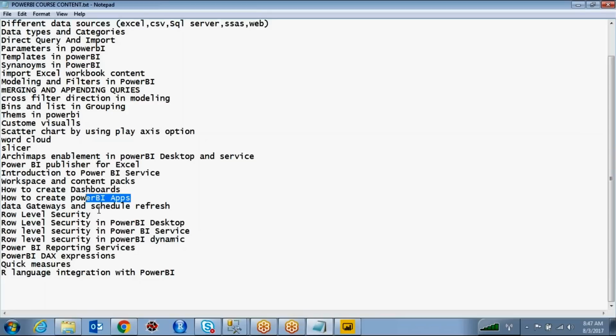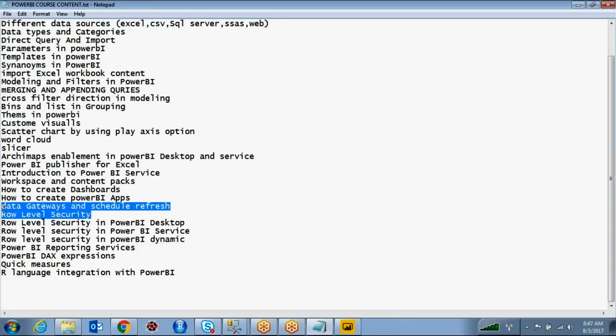This is also one beautiful option coming in the Power BI service, how to create the apps. Normally you are downloading some apps from the Google Store, right? The same way, whatever apps you have created, you can publish into the Microsoft App Store. Then someone to whom you are giving access can download the apps and use them. And what are the gateways, how to schedule the gateways, what is a personal gateway and what is the data gateway. Earlier we were calling that the enterprise gateway, right? Now it is just called a data gateway.